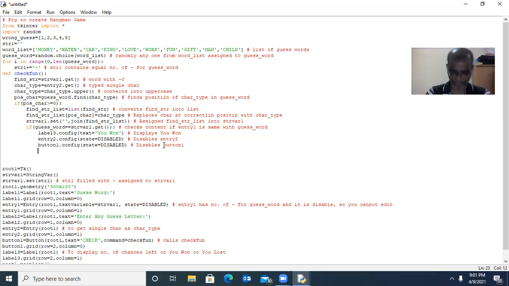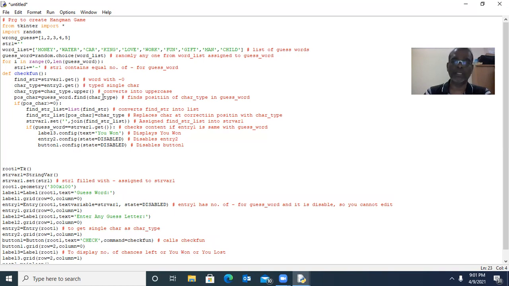Now, okay. So what will happen if the position of character is -1? That means here guess word dot find of char word. If the guess word contains the character available in char word, it returns 0 or more than 0.